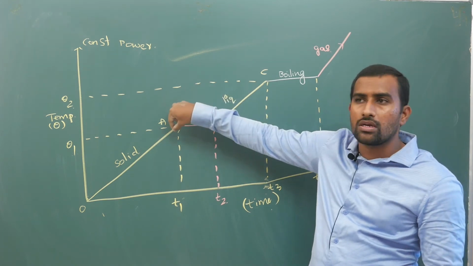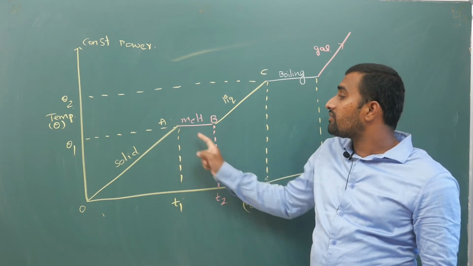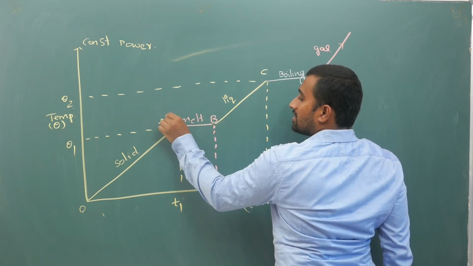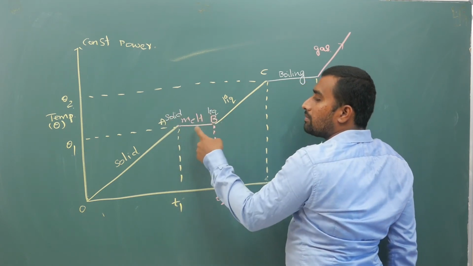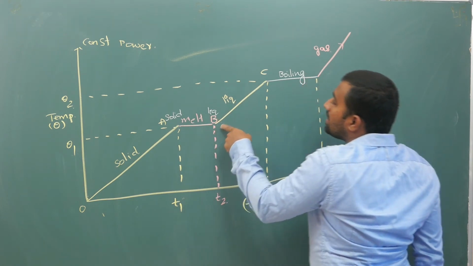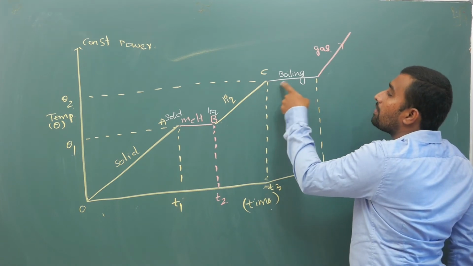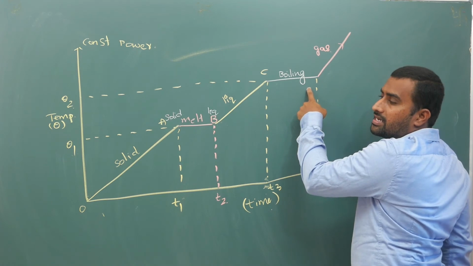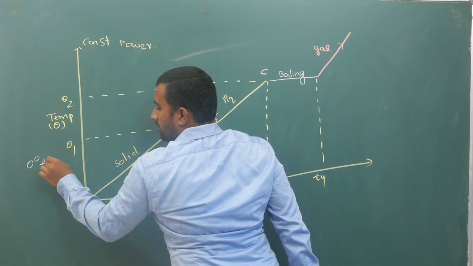Once it comes to 0, it requires some time for conversion from solid to liquid. Here solid is there, here liquid is there. Now to break the bonds, to absorb some energy, some time is required here. From here to here, once again temperature increases linearly with respect to time. From here to here, once again it boils. Like this is kind of 100 degrees centigrade. This is kind of 0 degrees for ice.